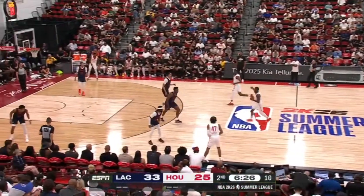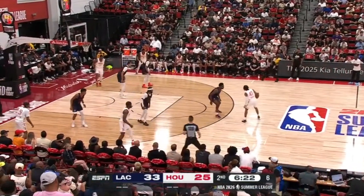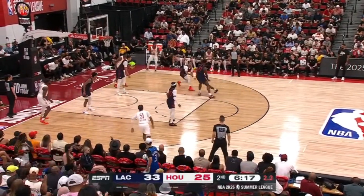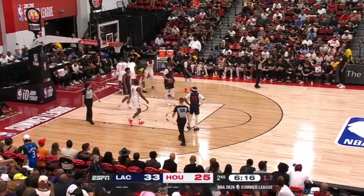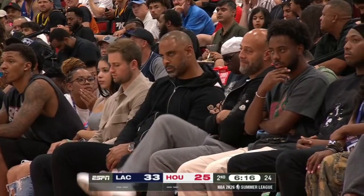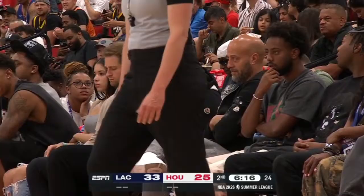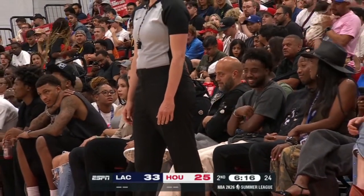And Clippers maintaining this 8-point lead. But for the Rockets, next season, the expectations have been raised as Chandler hits the deck. You know, for a small guard, he likes to get inside. But there's Ime Udoka, the head coach, Raphael Stone, the general manager. So